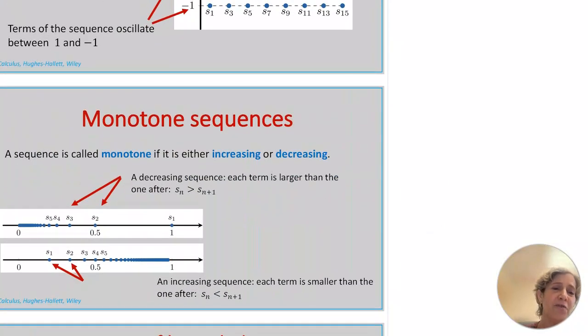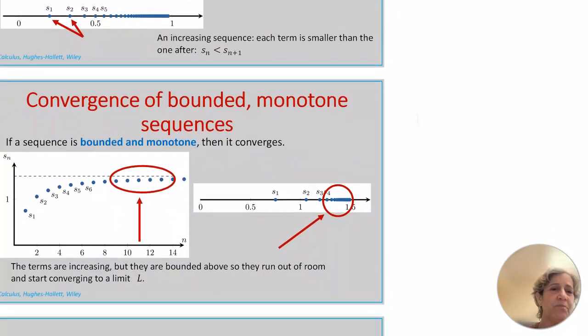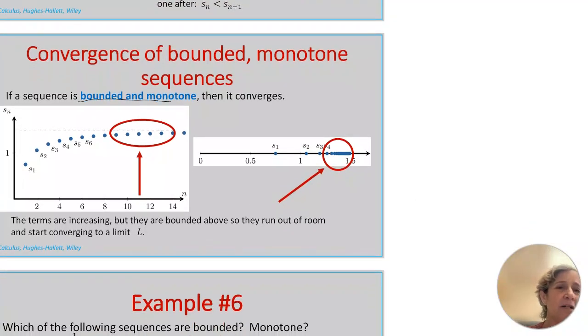We need another vocabulary word, and then we're going to get to how do we know if a sequence converges. Monotone. Mono, the prefix, means one. So it kind of means your sequence is going in one direction. Monotone means your sequence has to always be increasing or always be decreasing. So if we put those ideas together, if a sequence is bounded and monotone, so it can't bounce back and forth,